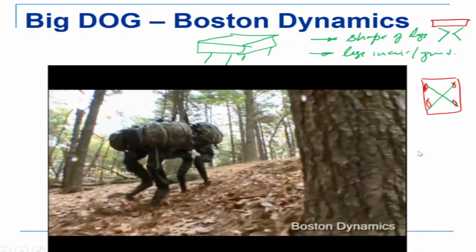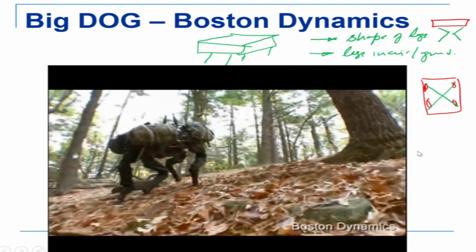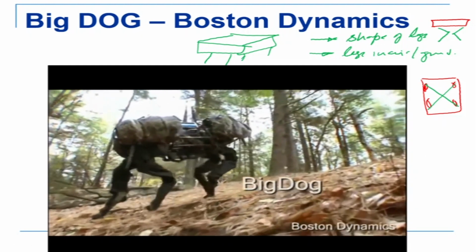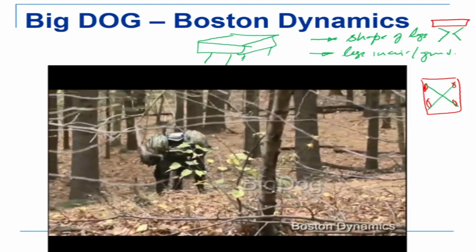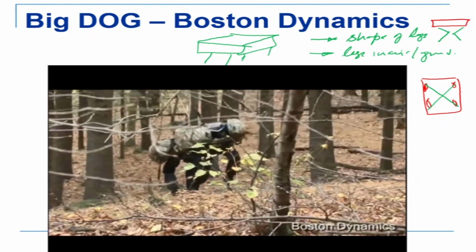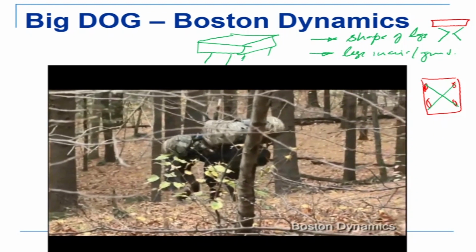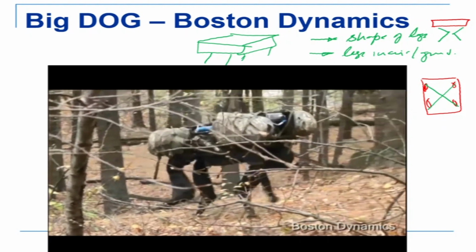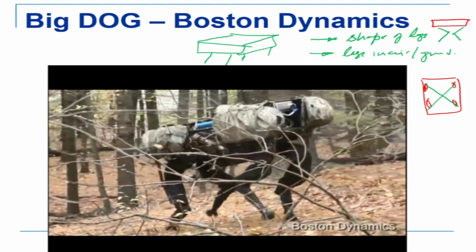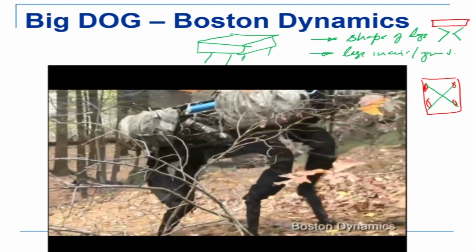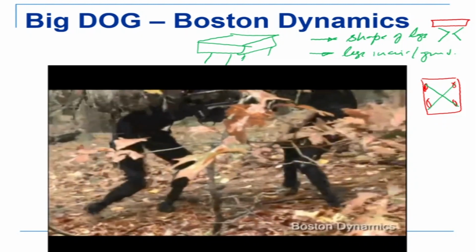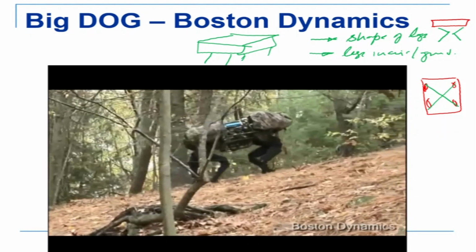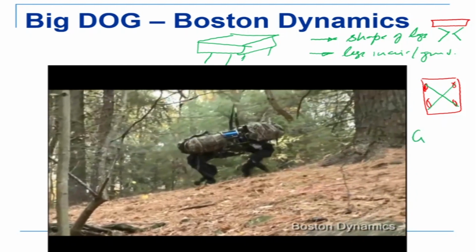This is Big Dog, built by Boston Dynamics, and it is probably one of the best quadruped robots in the world. And it has a gait such that at any instant it is lifting 2 legs in the air, and the other diagonal legs are on the ground. Look at the shape of the legs. They are bent backwards, unlike in the case of a dog where the legs are bent in the forward direction. So note very carefully how the contact is being made and how diagonally the legs are going up and coming down. This is basically what we mean by a gait.